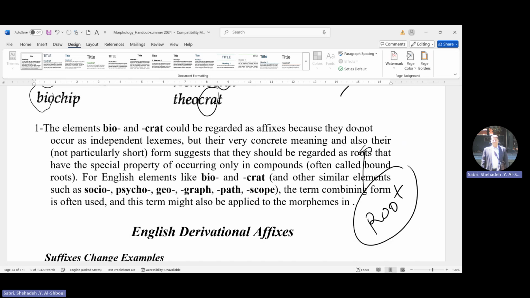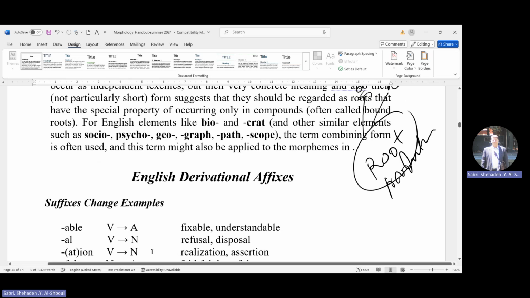The first reason is that they are semantically full. They are bound, okay, and also they are productive. We can see them occurring with different forms. Okay. Now